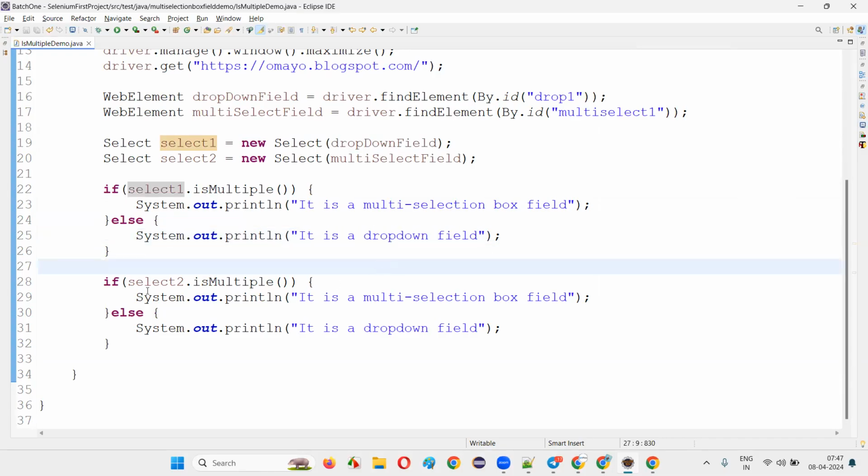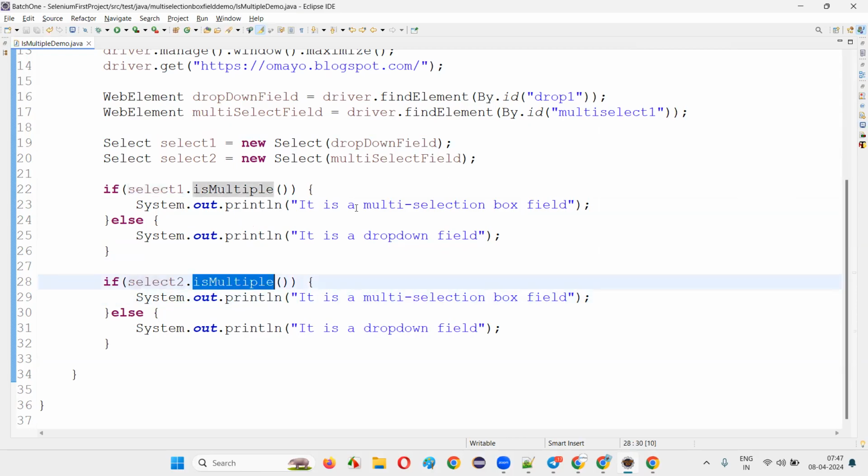And next, for select two, isMultiple has returned true or false? It has returned true. And because it has returned true,